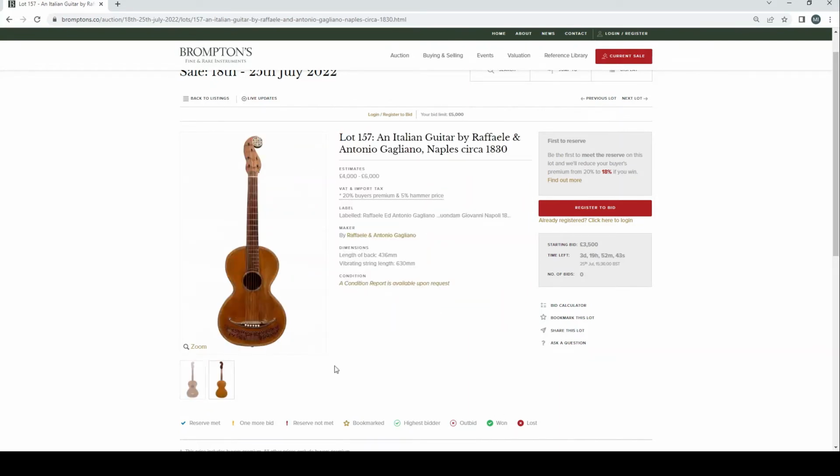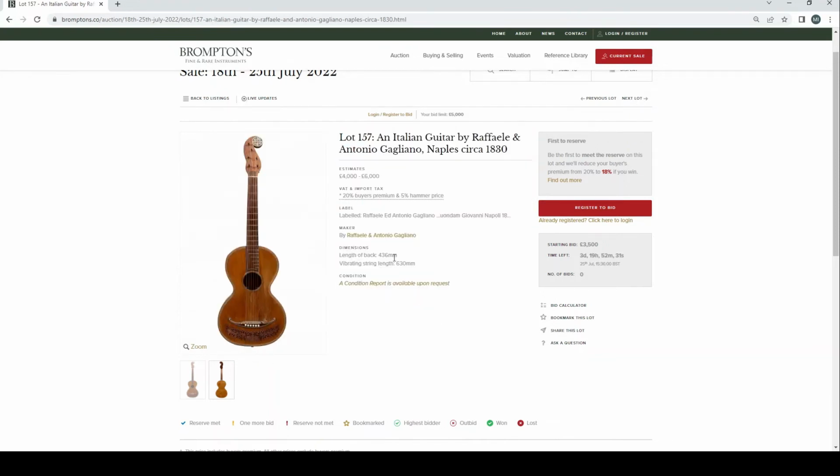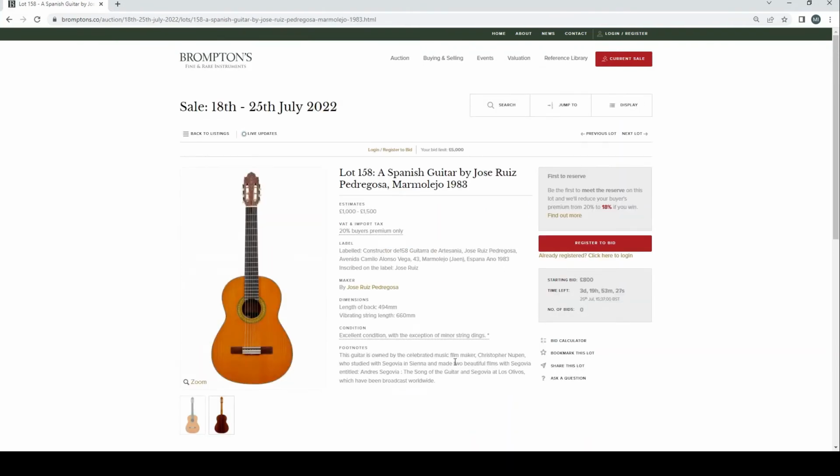So if you wanted a Galliano without the crazy price tag, then you could just get a guitar instead of a violin. But interesting looking, and the same kind of raised decoration, a bit like the Fabbricatore there. And a Spanish guitar by Jose Ruiz Pedregosa,